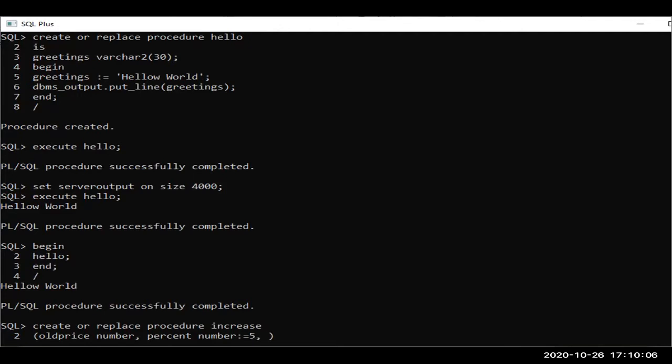Now I'm writing another variable, that is new price, under out mode and number data type. New price, the mode of the variable is out, data type is number. Okay, this is the writing style. It's a variable name, after that mode, and after that data type. Okay,